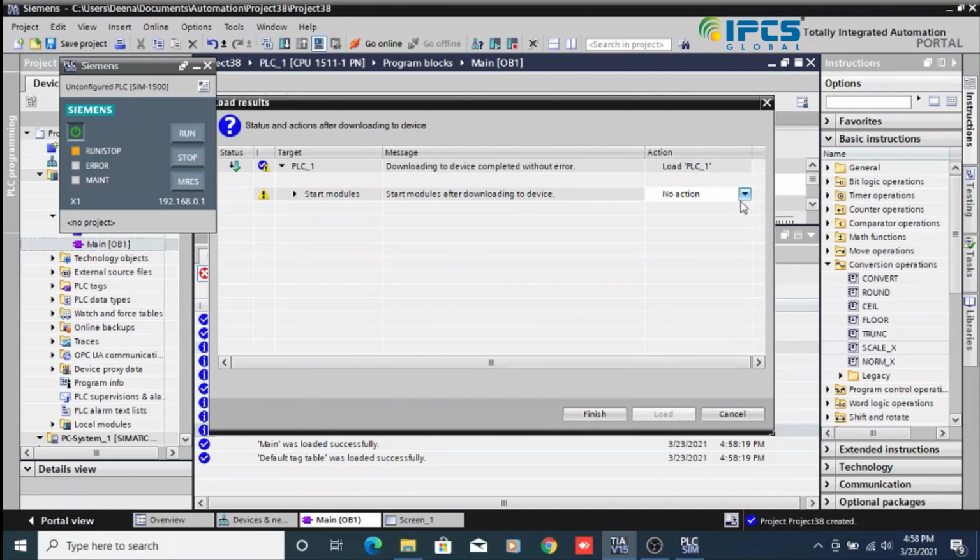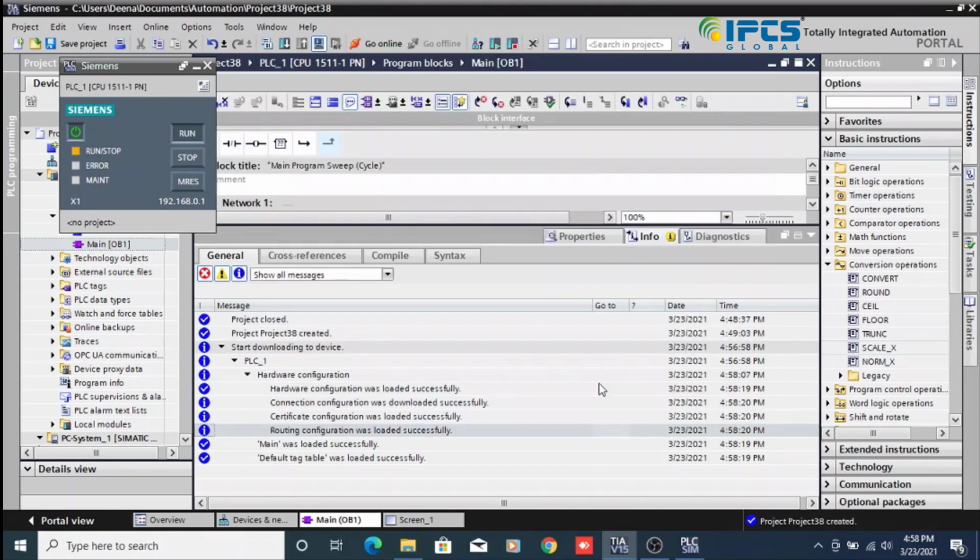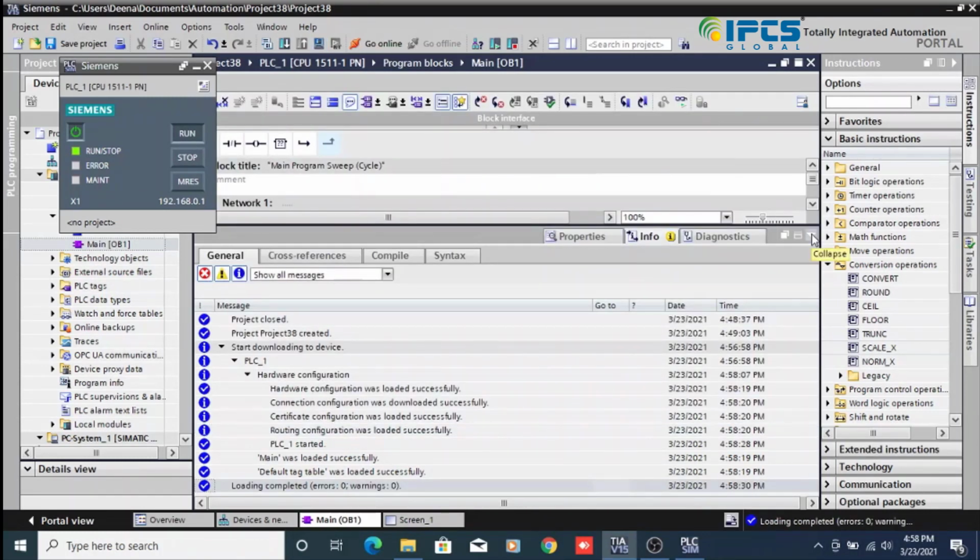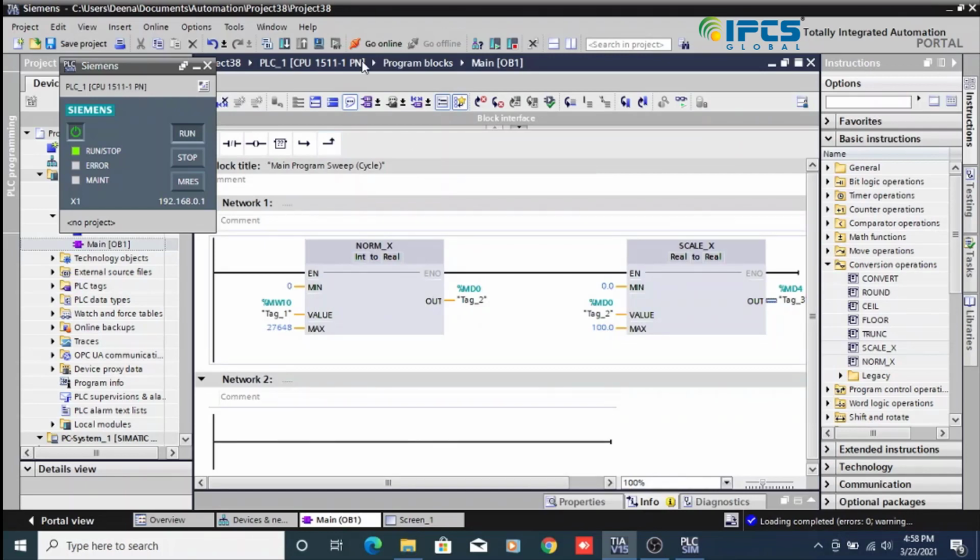Then I start my module here, so I am going to select the start module and finish. After the loading is over, then I am going to the online mode.